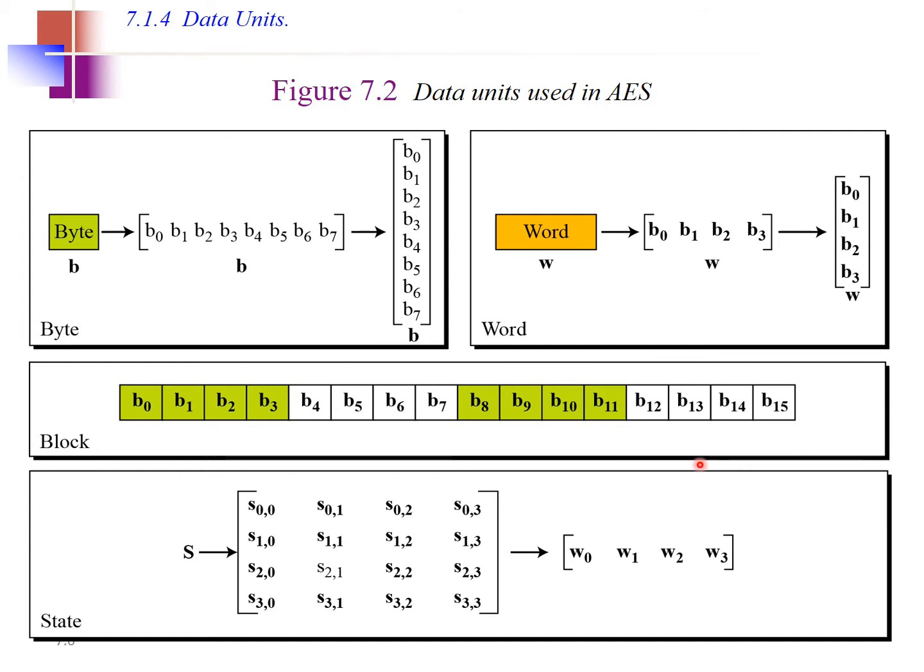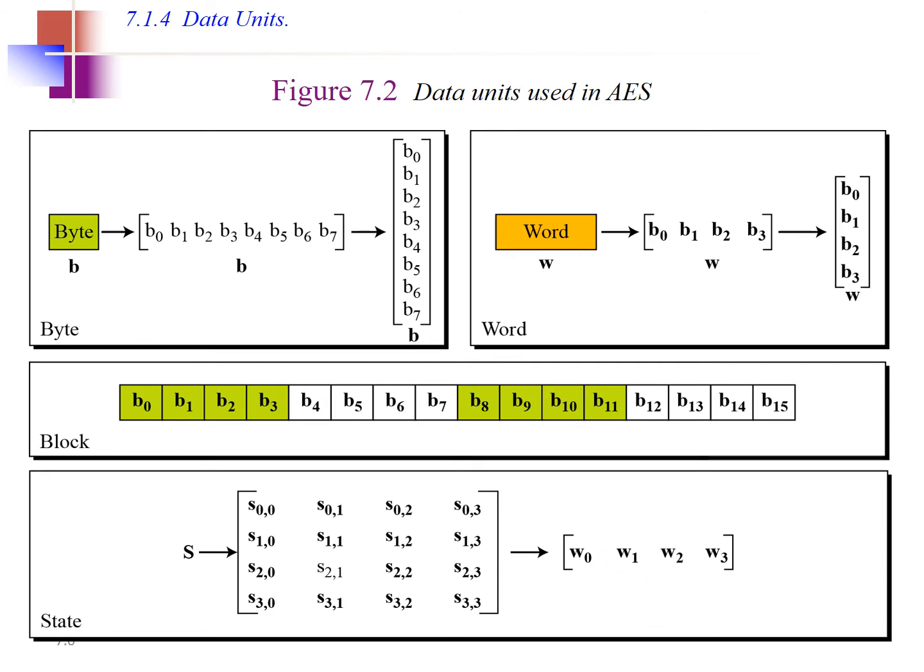Or usually we represent it like a matrix that shows the state of that plain text. That means after each and every operation, the values within that matrix will be varying. That means the state of the matrix changes from one to another. So this will be B0, B1, B2, B3, all together we can call it W0. Next one, B4, B5, B6, B7, all together you can say it is W1, word 1, because 4 bytes together form a word.